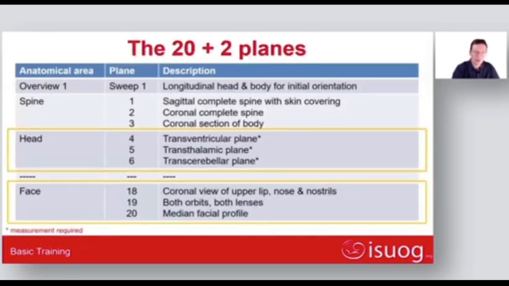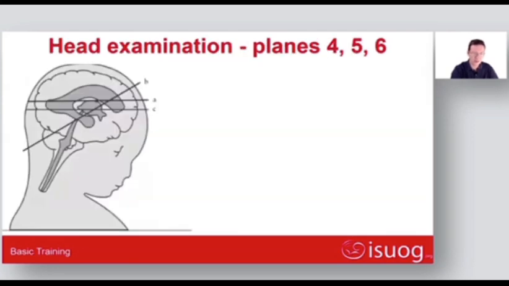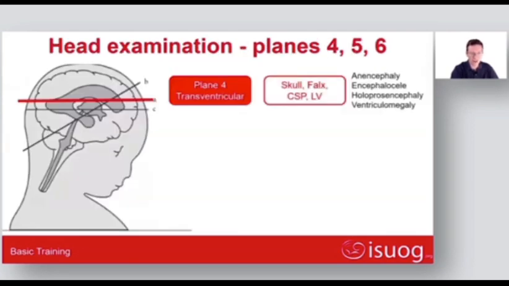The 20+2 plane is a methodology of the ISUOG to standardize the measurement and the way of obtaining the image to examine the fetus, the amniotic fluid, and the placenta. Today, I will only focus on planes 4, 5, 6 to evaluate the fetal head and planes 18, 19, 20 to evaluate the face. To examine the head, the first plane is a transventricular plane, which is the most cephalic